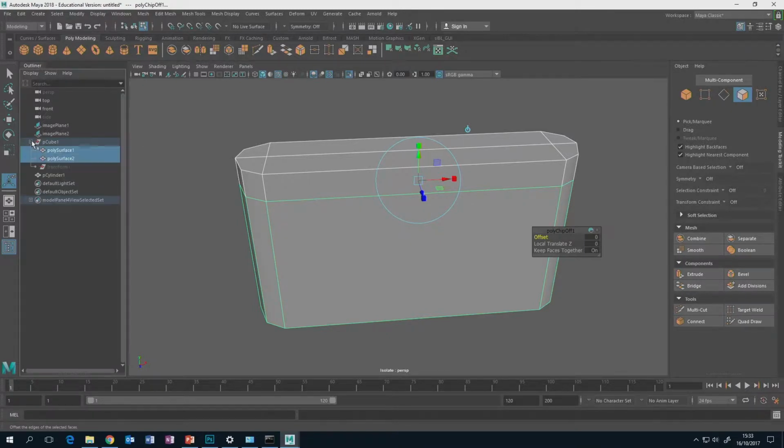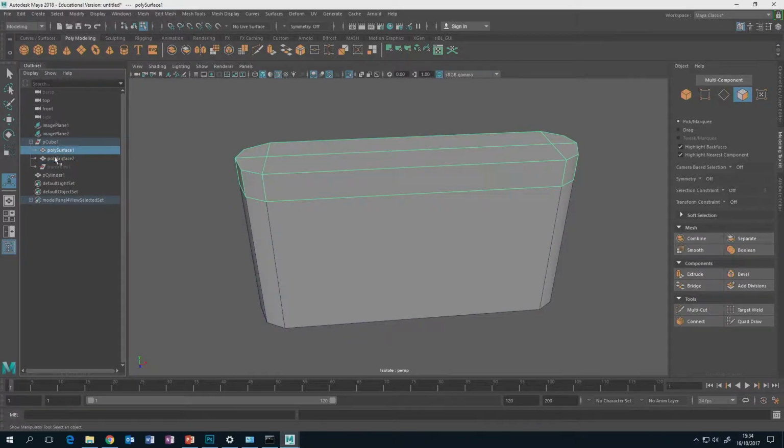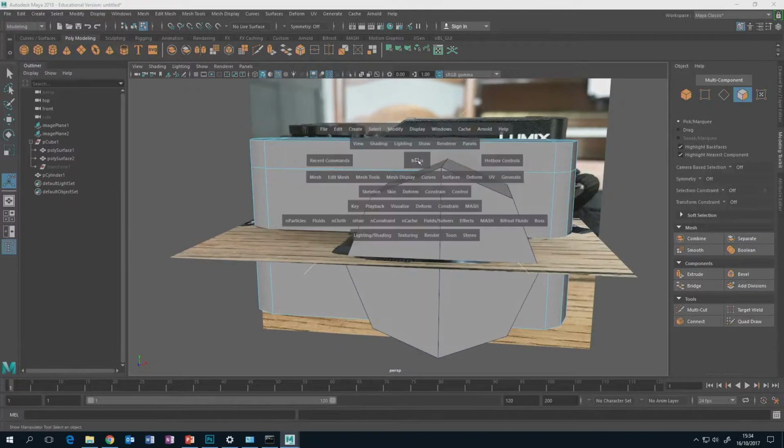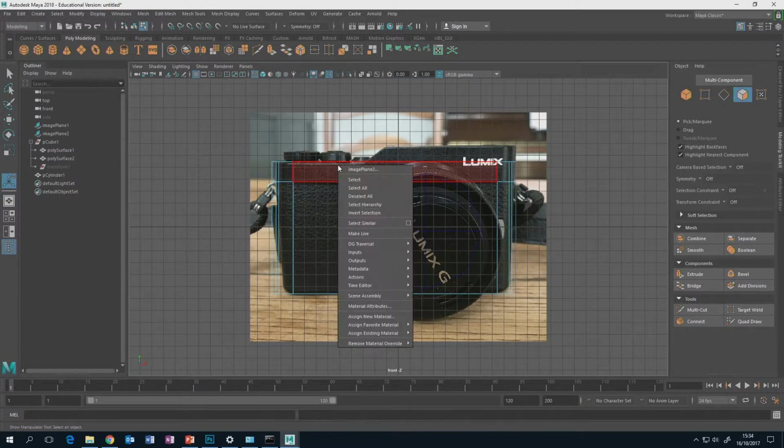And underneath this, we now have two polygonal surfaces, the top part and the bottom part. These are two completely separate objects now. So I'm going to continue working on this top part. Bring everything back like that. Okay, so